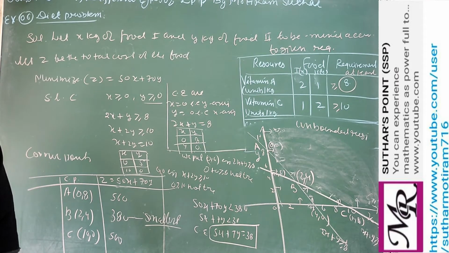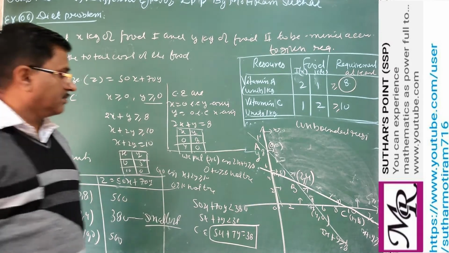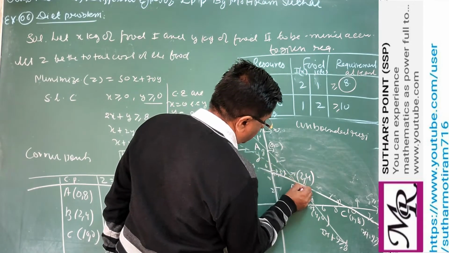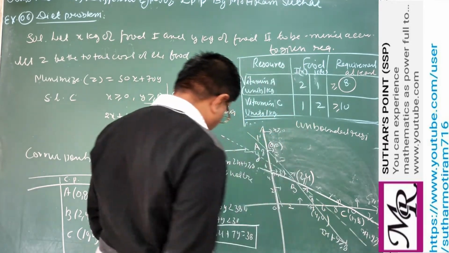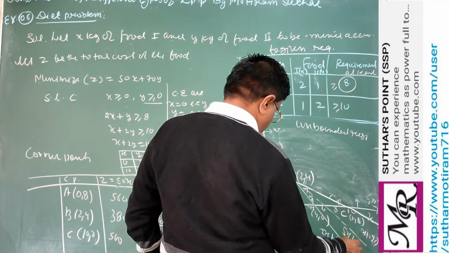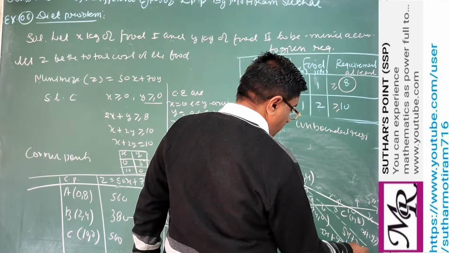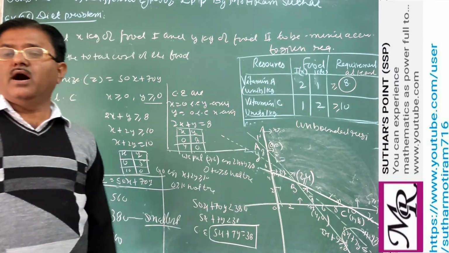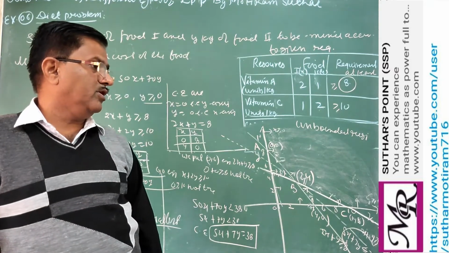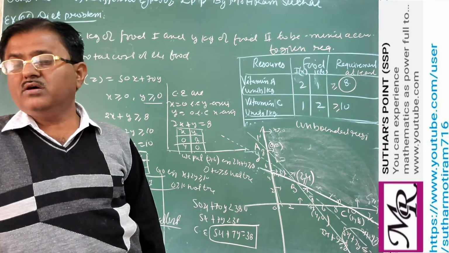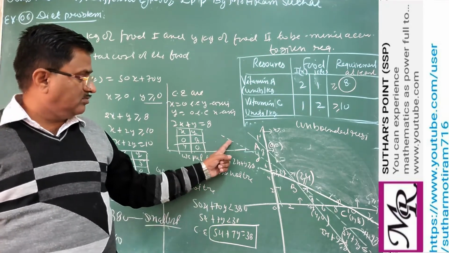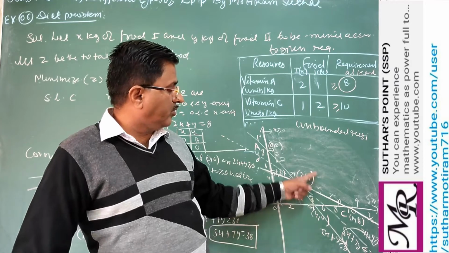So if you are drawing the equation of this line, you plot the points. I am drawing a direct line like this. This is the objective line, 5x plus 7y less than 38. Now you have to check whether this line has a common point with the feasible region or not. It is very important to check whether this objective line has any common point with it.